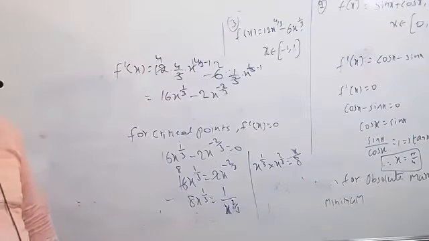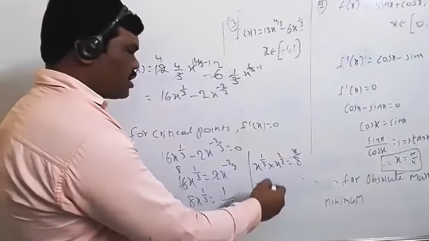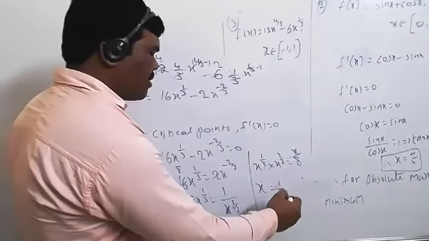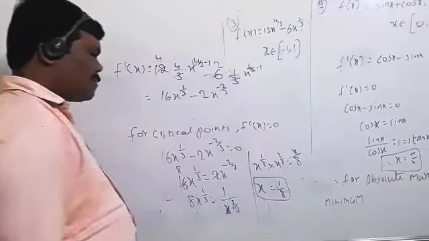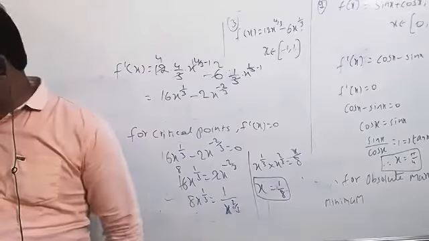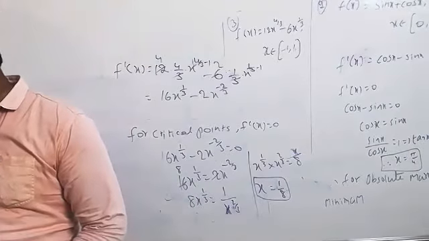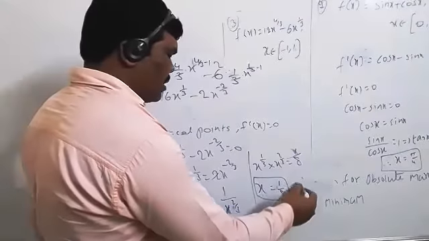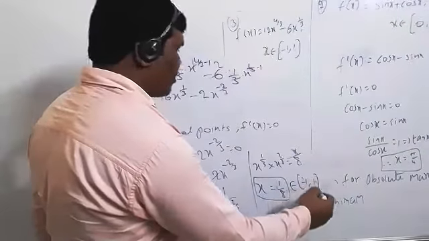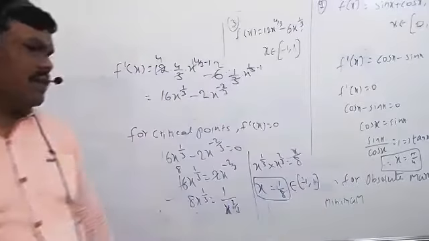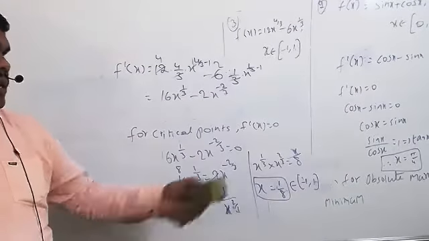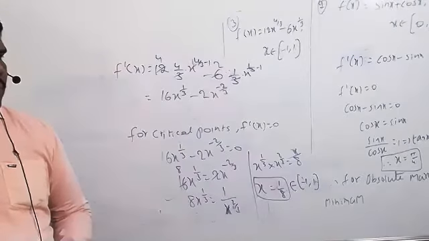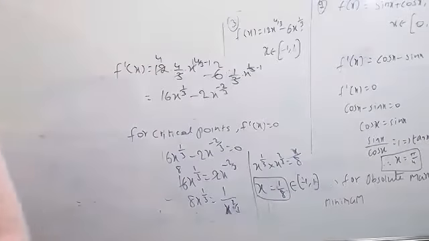So a power m into a power n equal to a power m plus n. So x power this is the 1 only. So the value of x equal to 1 by 8. The value of x equal to 1 by 8 now clearly belongs to the closed interval minus 1 comma 1. Then whatever the problem itself, now 3 values we got. Then you can find it. So therefore for absolute maximum and minimum value,